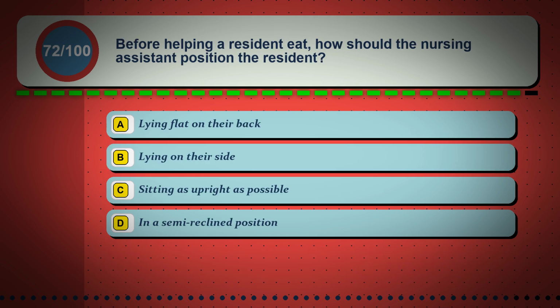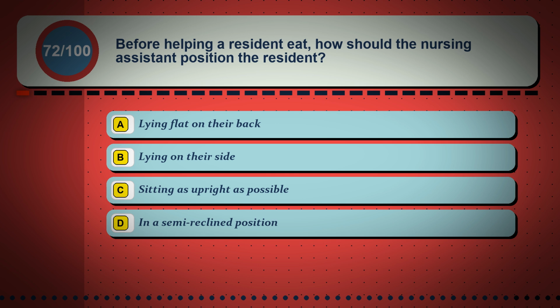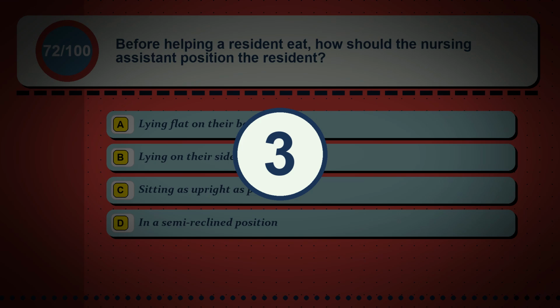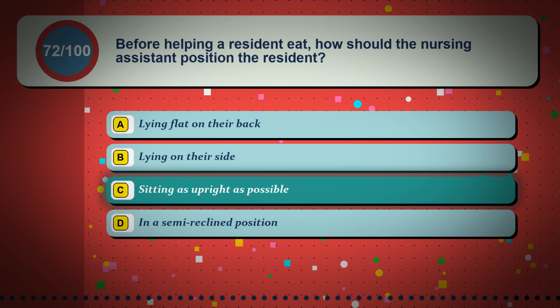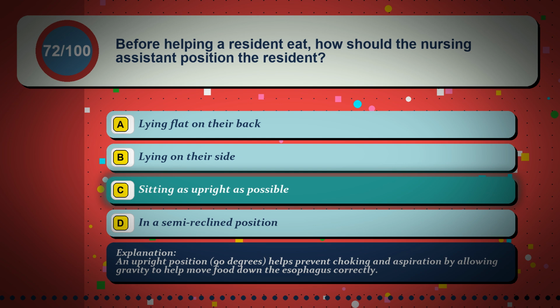Question 72. Before helping a resident eat, how should the nursing assistant position the resident? Option A. Lying flat on their back. Option B. Lying on their side. Option C. Sitting as upright as possible. Option D. In a semi-reclined position. The correct answer is option C. Sitting as upright as possible. An upright position, 90 degrees, helps prevent choking and aspiration by allowing gravity to help move food down the esophagus